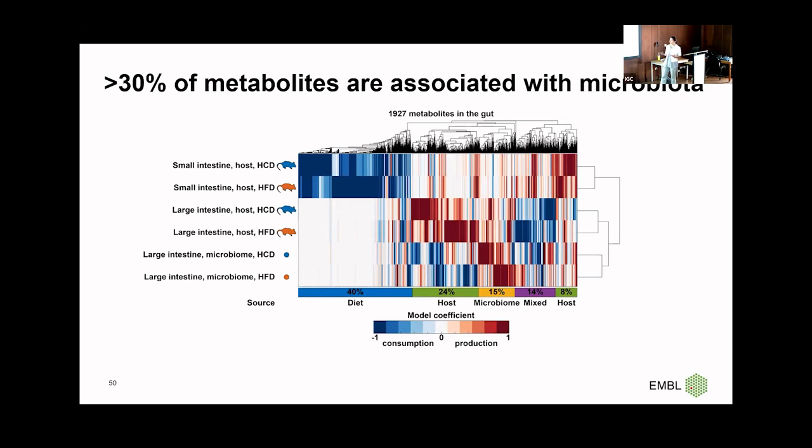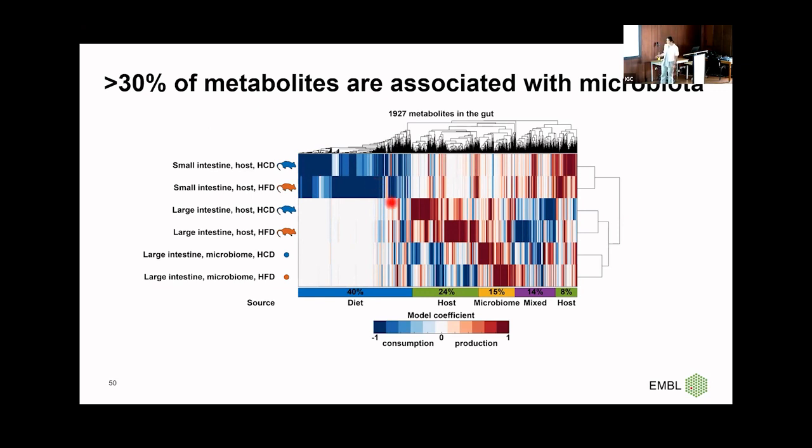And we applied this modeling approach to about 2,000 metabolites that we could stably detect along the gastrointestinal tract. This approach allowed us to group metabolites based on their model coefficients and interpret the sources that contribute to metabolite profiles. For example, for about 40% of metabolites, the main model parameters contributing to the profiles were negative host metabolism in the small intestine, which we interpret as diet-associated metabolites because the host is absorbing these metabolites in the small